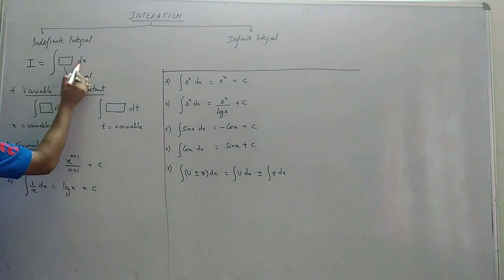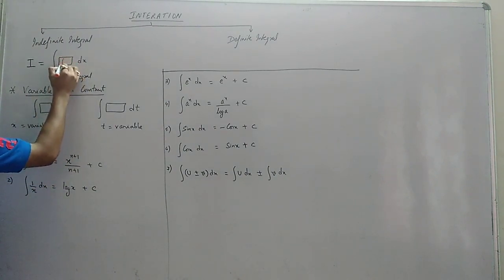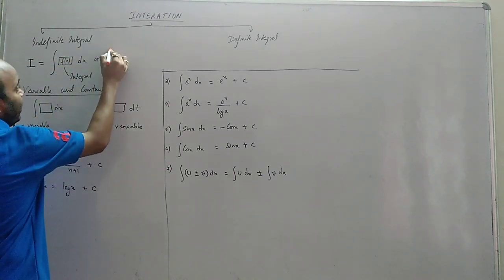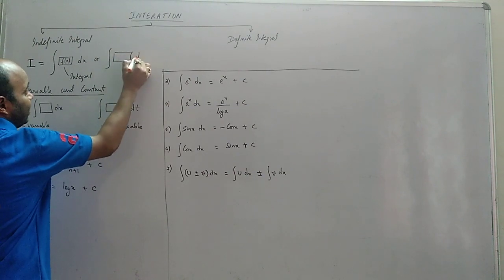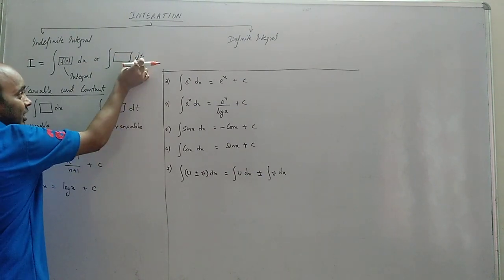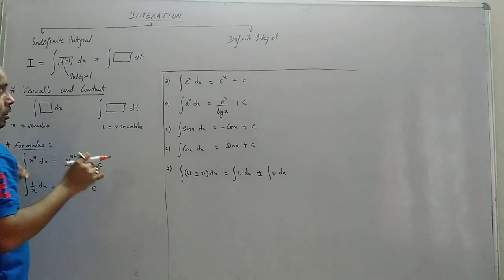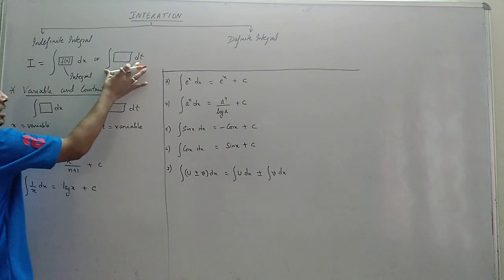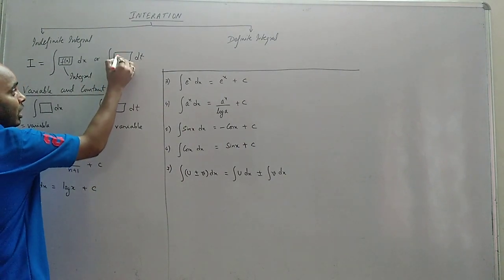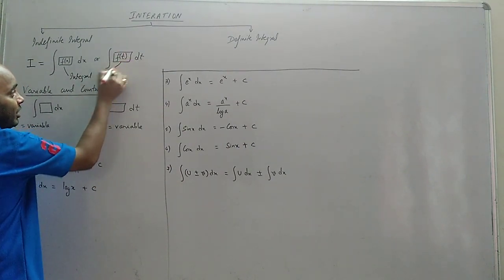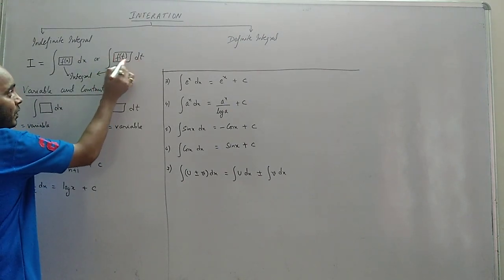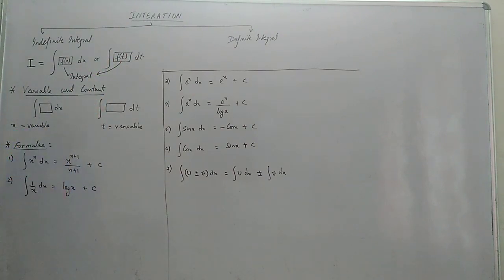Okay? If it's written dx, then here we will have f of x, that is something in terms of x. Or it may be written like this, integration of something dt. If it's written dt, dt is not d into t. Don't consider it as d into t. It is dt, a single term. Okay, these are considered as brackets. Between these two, whatever you have here is the integrand. Understood? And if it is written dt, then here we will have something in terms of t. This is called an indefinite integral.